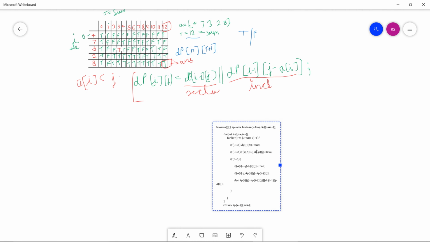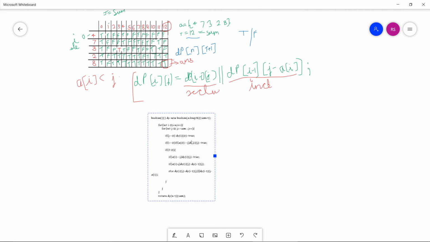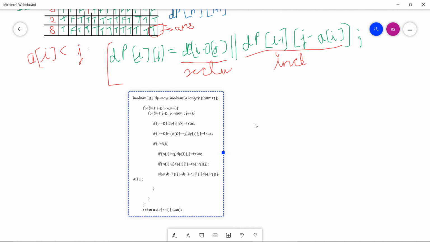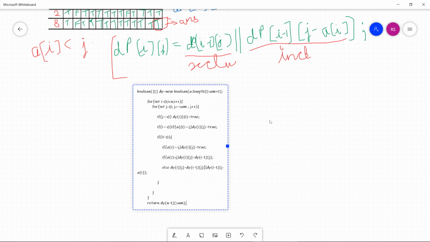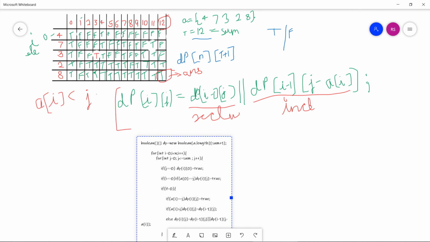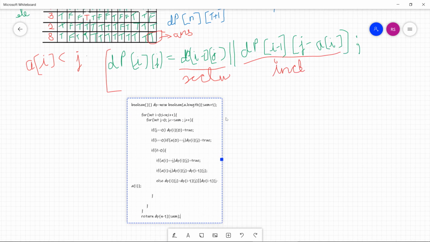We simply created a 2D array named dp of length a.length, which is 5 elements, and sum plus 1, because our target sum is 12 and we have to create 13 columns. Count 0, 1, 2, 3, 4 up to 12 is 13 columns.